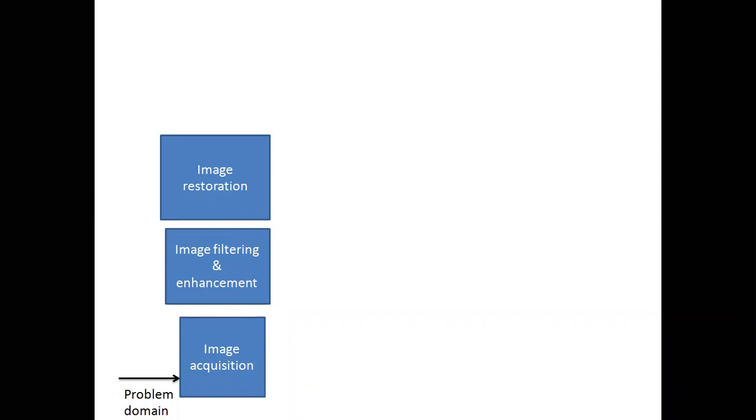For instance, if you ask what 1 plus 1 is, the value will be 2. You can ask anyone in the world what 1 plus 1 is, and the result is 2. There is a mathematical expression. Similarly, when we apply mathematical models in image restoration, the result will be equal for all the subjects who view the image. Whereas in image filtering and enhancement, it would be different for different viewers of the image. So this is called subjective, and this is called objective. Clear with this?